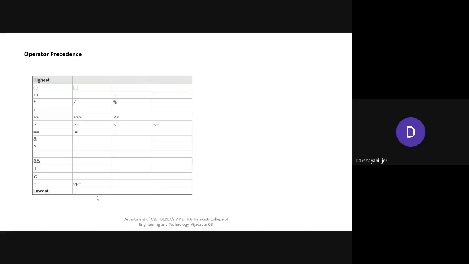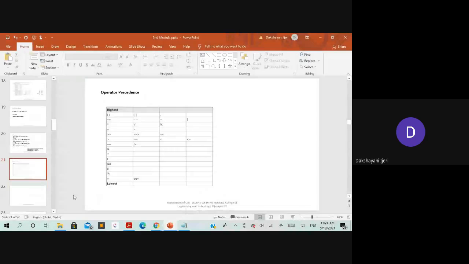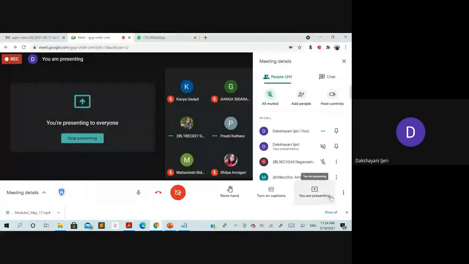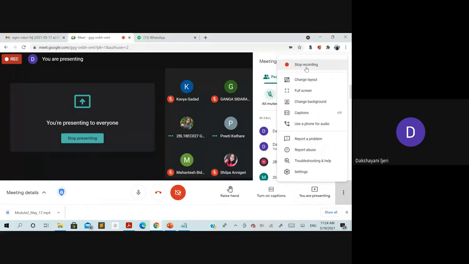Following this chapter, you have the next chapter on control statements, where you are going to study all the control statements and the loops, which for Java involves completely the programming part. I'm going to start that in the next class. So with this, one chapter from the second module is completed. One more chapter is remaining, the control statements, which may require much more time as compared to this chapter, and I am going to continue it in the next class.